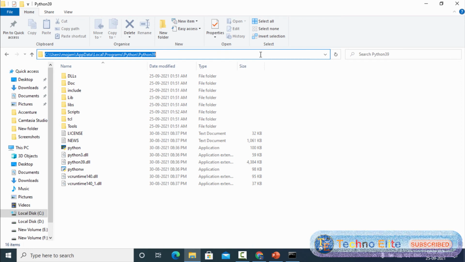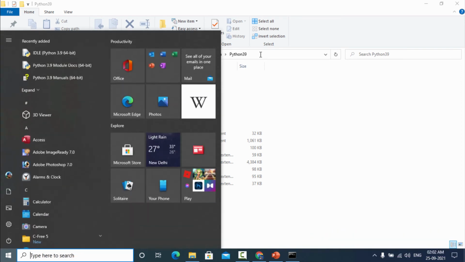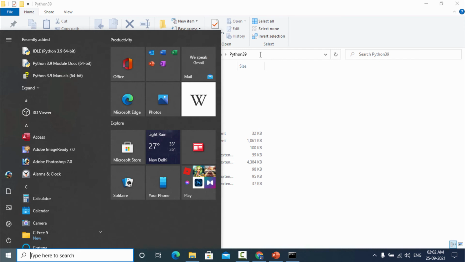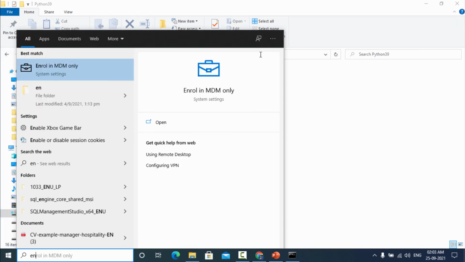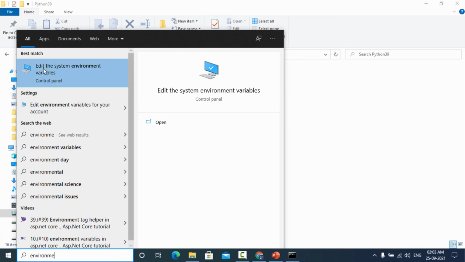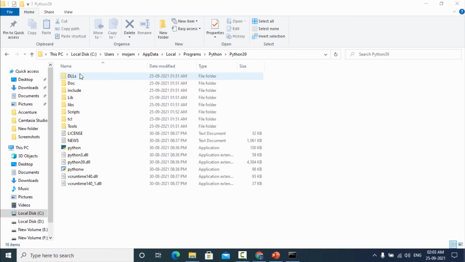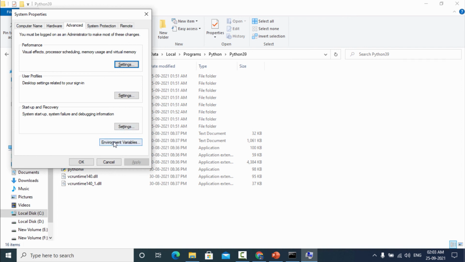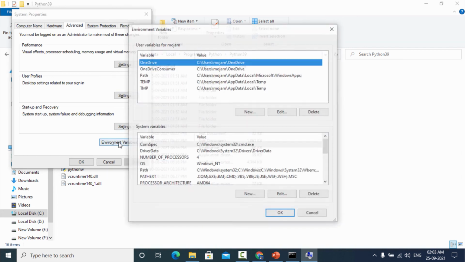For the environment variable, we first search for environment here. In the Control Panel it shows Edit the system environment variables. We open this setting and go to Environment Variables.